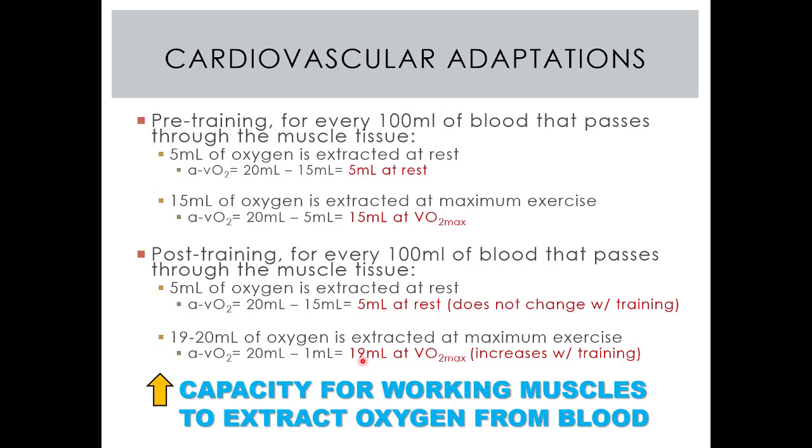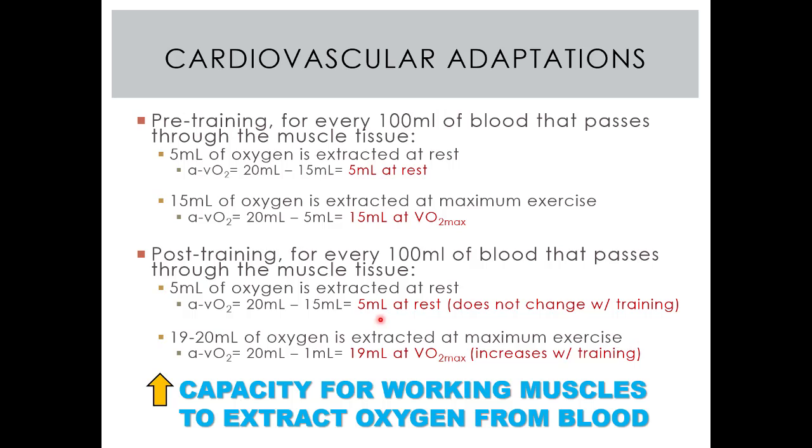So as an adaptation to endurance training, this increase in maximum AVO2 difference indicates an increased capacity for working muscles to extract oxygen from arterial blood. Now, would this effect improve the oxygen availability for muscle cells, especially at higher workloads? Yes, it would. So as a summary, maximum AVO2 difference improves with training, while resting AVO2 difference does not change